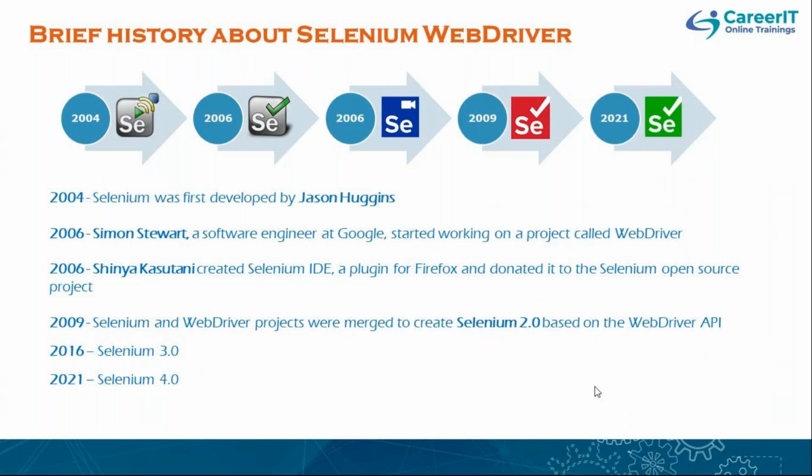And in 2016 they released another major version called Selenium 3.0. They gave more features, and they released one stable version called 3.0 in the year 2016. After 5 years, in 2021, I mean 2 years back, we got Selenium 4.0 released